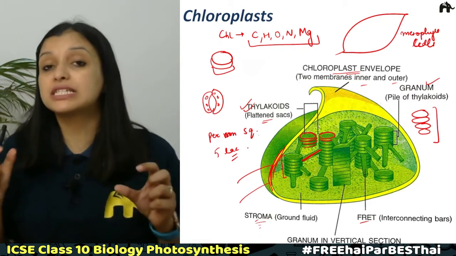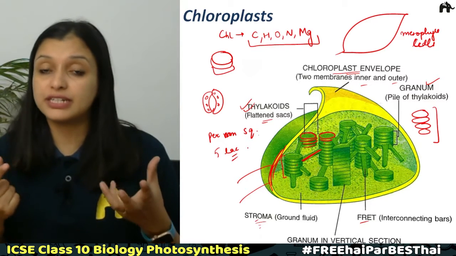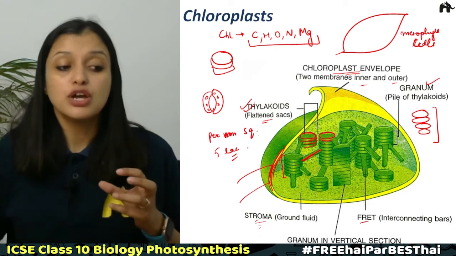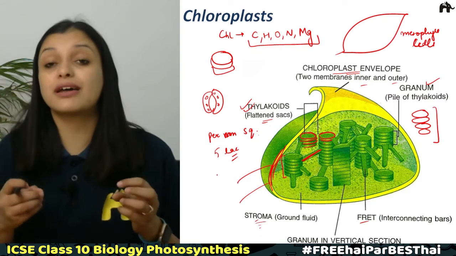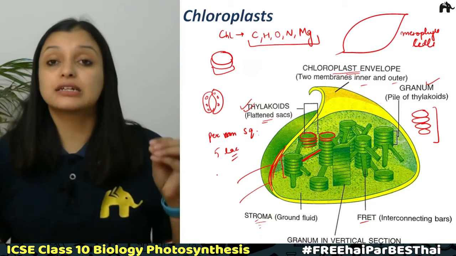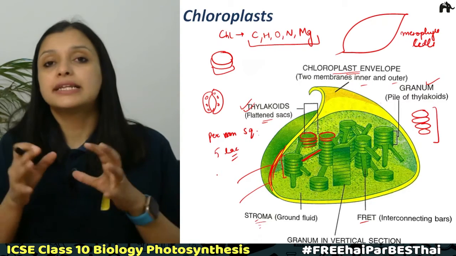So how many chloroplast cell organelles are there inside a leaf? If we talk about per millimeter square, there are about 5 lakh chloroplasts, correct? Now